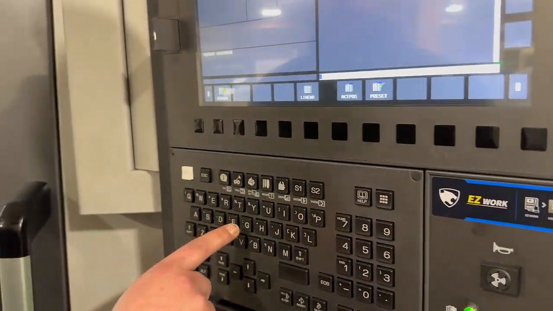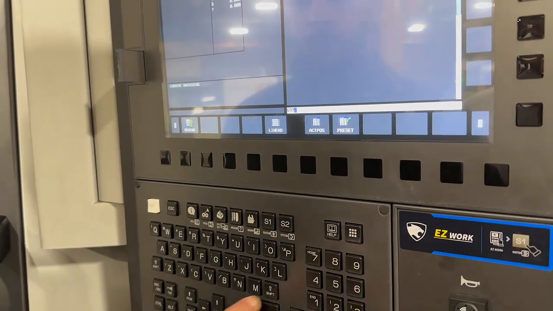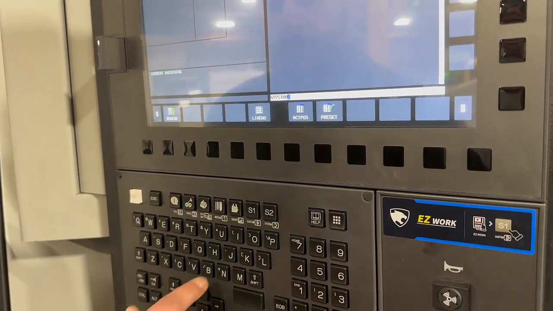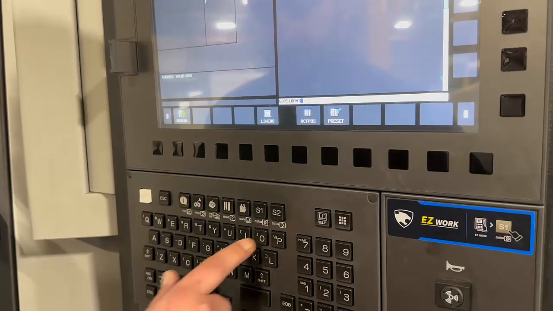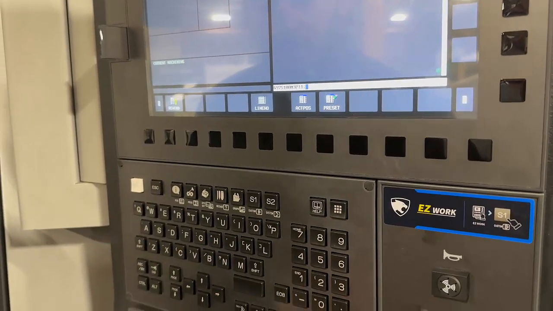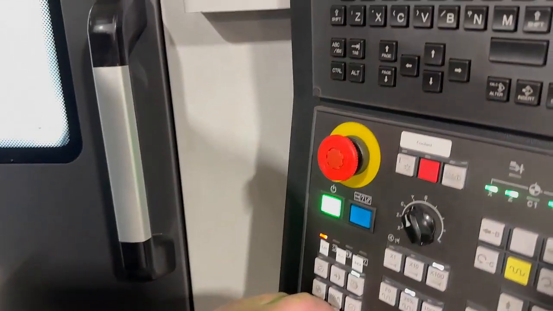You're in MDI, and then you want to type in G97, S100, M3, and then P11, end of block. And then when you hit your cycle start,